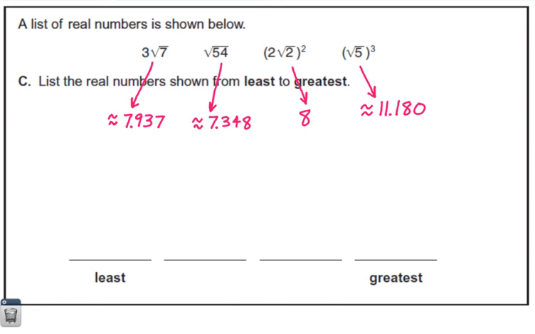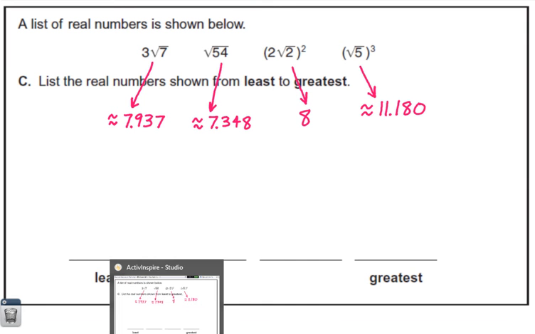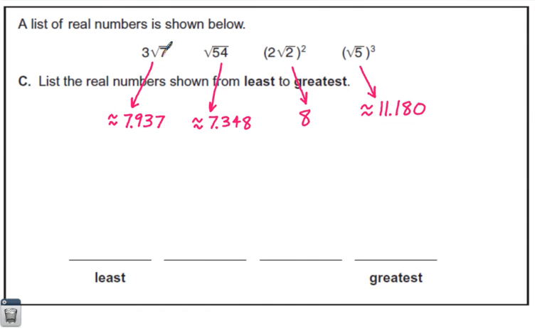So, just trying to cut to the chase here. 3 times the square root of 7, excuse me, is approximately equal to 7.937. The square root of 54 is approximately equal to 7.348. And when you put this in very carefully into your calculator, some calculators would probably have an extra set of parentheses